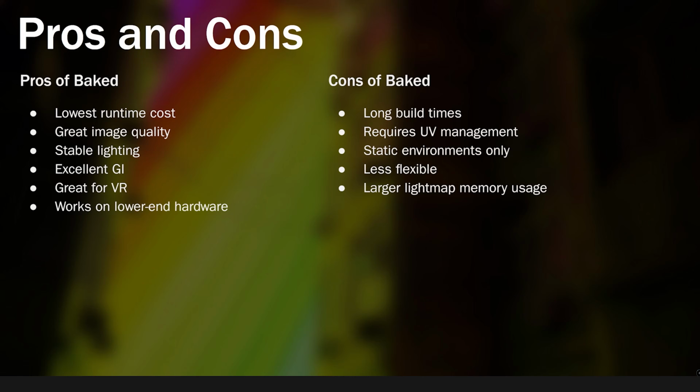Another pro for this is, of course, great image quality. You will not have ghosting, noise, artifacting, things like you would typically see with Lumen, because it's not trying to temporally blend and dynamically set this stuff up together. But one problem is that it requires a lot of UV management. Sometimes you can let Unreal Engine create those secondary UV sets for your light maps themselves. Or sometimes, because Unreal Engine doing it automatically may not be the best,